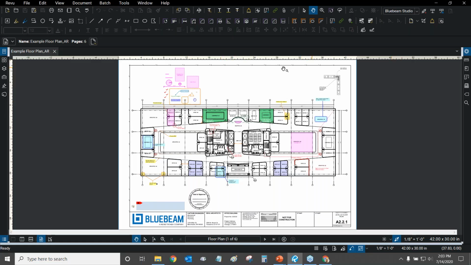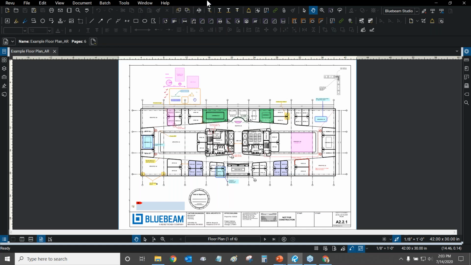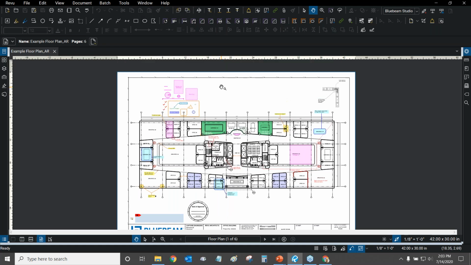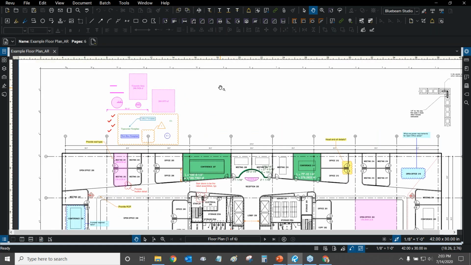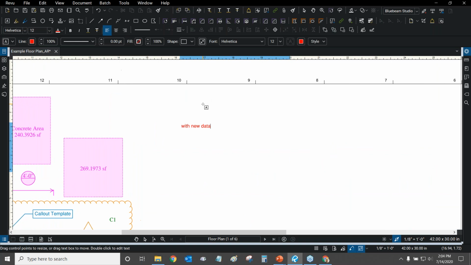All right, so I have Bluebeam Review open, and to access our markups from the first time, we can go to the tools dropdown and markup, and we have all of our markups in a list. Each markup also has a keybind shortcut next to it. So I could press the T key while I'm on my drawing space. I can literally just press T, and now I'm ready to make a brand new text box with new data. So keybinds could be nice. They can expedite your process.